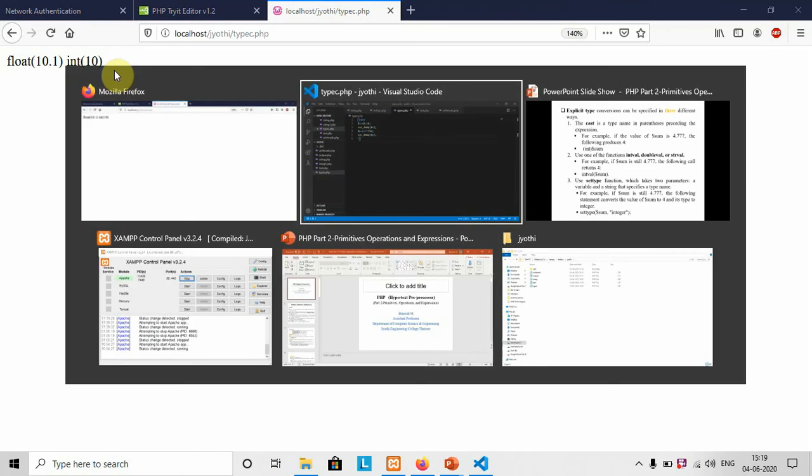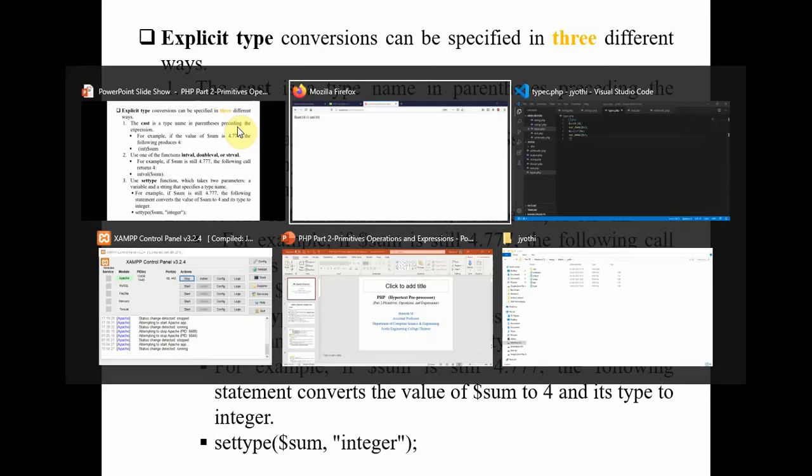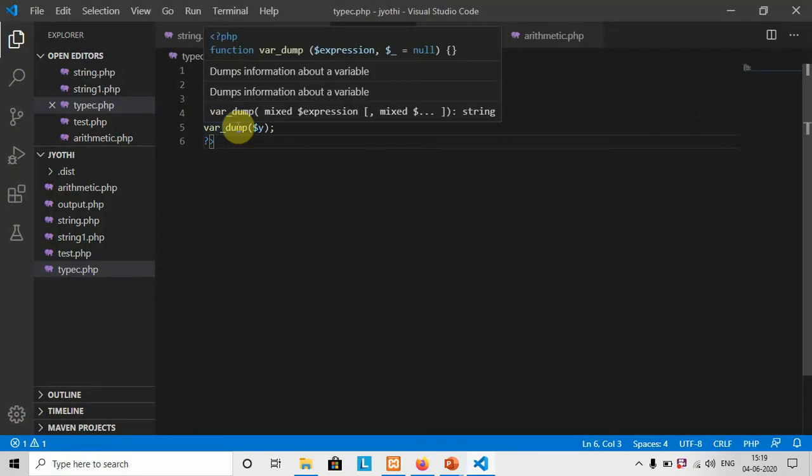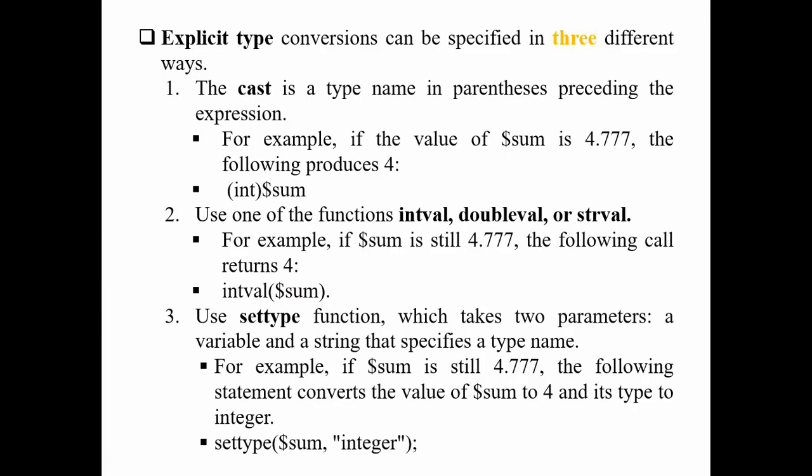This is possible for any type. If we need to convert it to a string, this is also possible. You can check it, no problem at all. You can work with a string, or you can work with a double. Already it is double, no problem. That is the first method, known as the cast. And the second method is using one of the functions like intval,